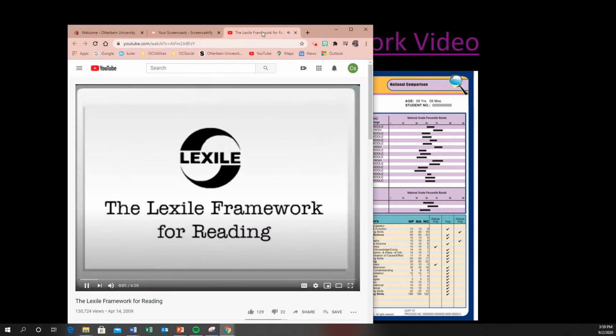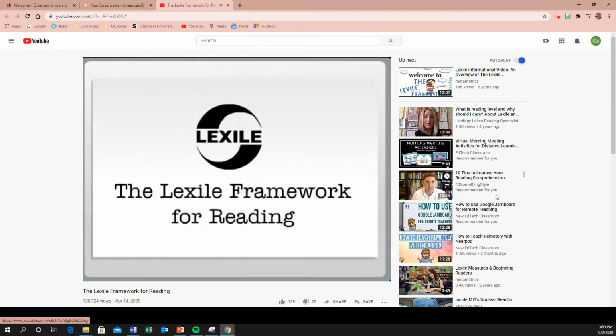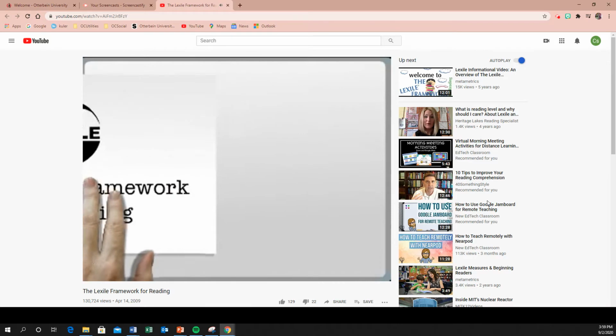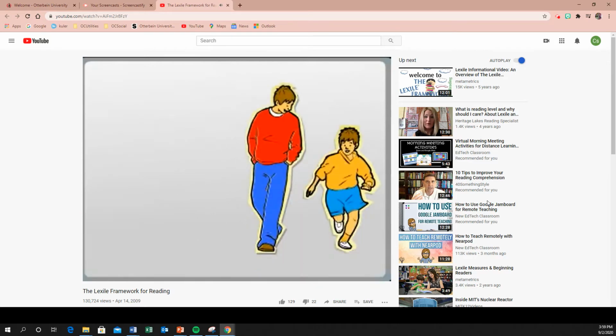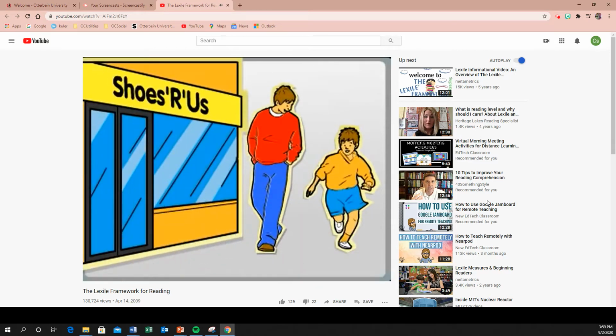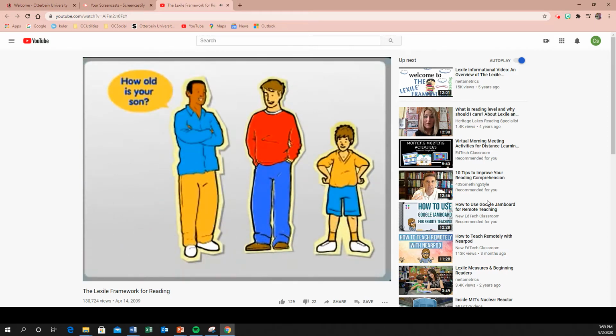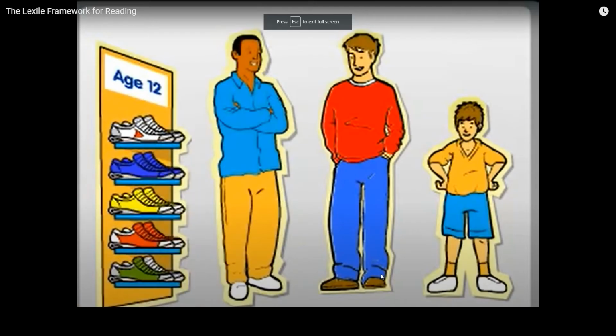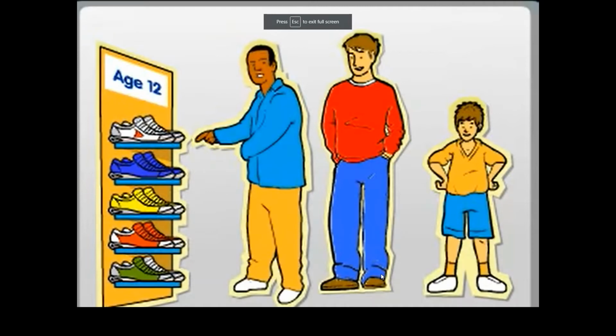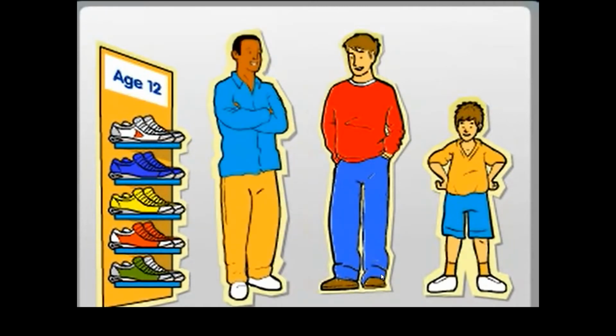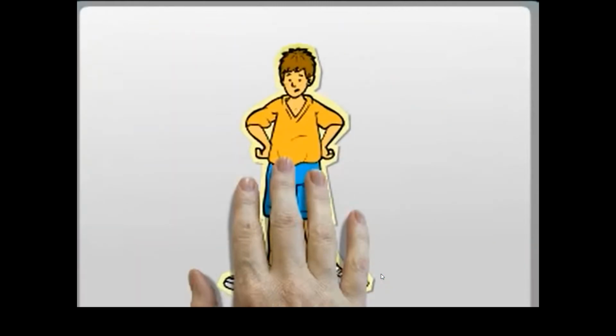The Lexile framework for reading is a way to connect children with books and other materials that will help them grow as readers. Consider this. A father takes his son Billy to buy a new pair of basketball sneakers. The salesperson asks, "How old is your son?" The father answers, "He's 12." So the salesperson points to a shelf and says, "Here are our age 12 basketball sneakers." Not likely, right? We don't buy shoes based on our age, we buy them based on the size of our feet. Like shoes,